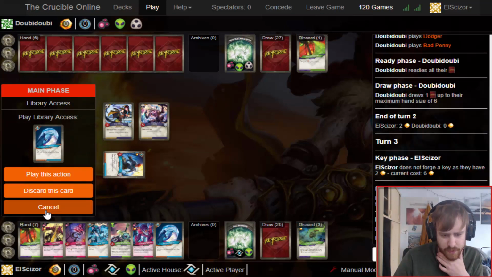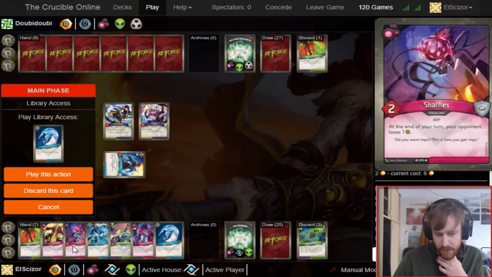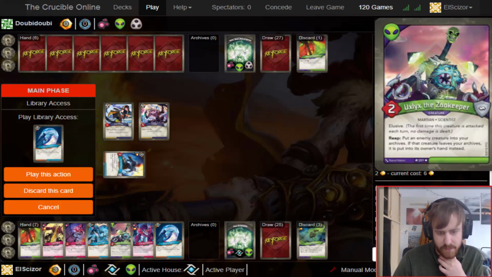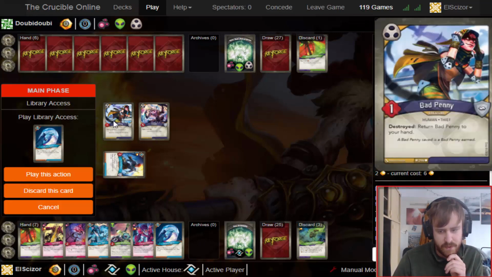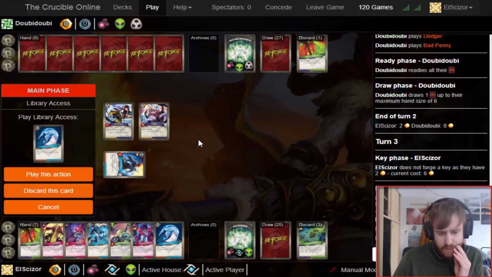Or do I keep this for the combo? If I use this to draw some more cards, then I can play Phase Shift, draw a card, and potentially get something good, or I could just play the Zookeeper. The problem with Zookeeper is if he calls Shadow, he can get rid of it because he has Bad Penny into that, and then his Dodger. So do I want to draw more cards or do I want to keep this for the...